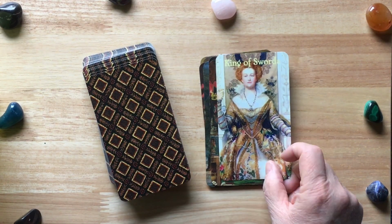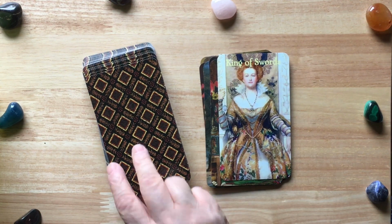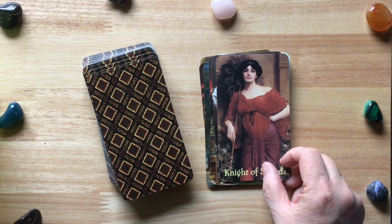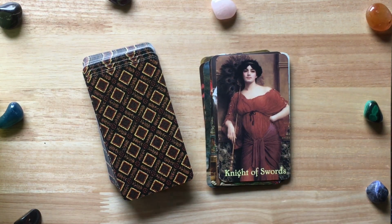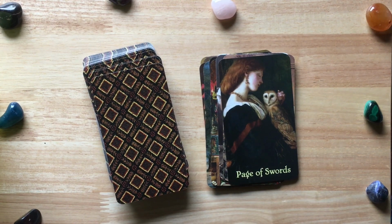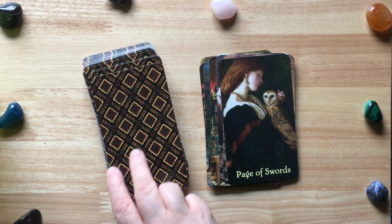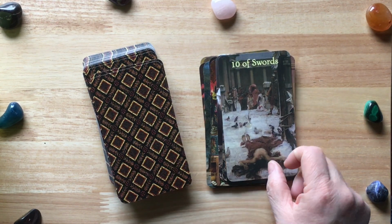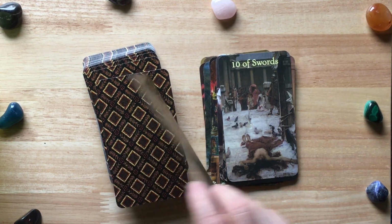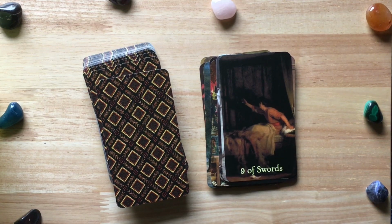I like to use the image on the card. My style of reading is a combination of what I see on the card and if the traditional meaning makes sense. And this deck just doesn't speak to me in that sense. So,